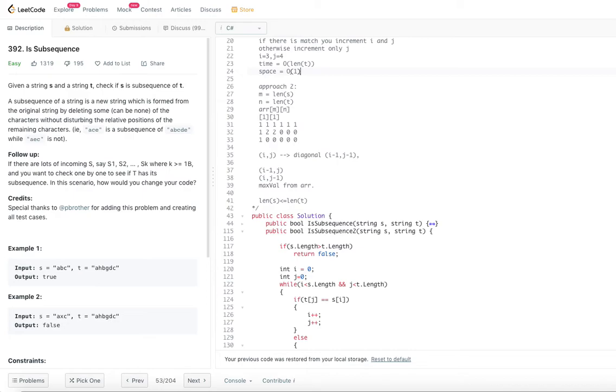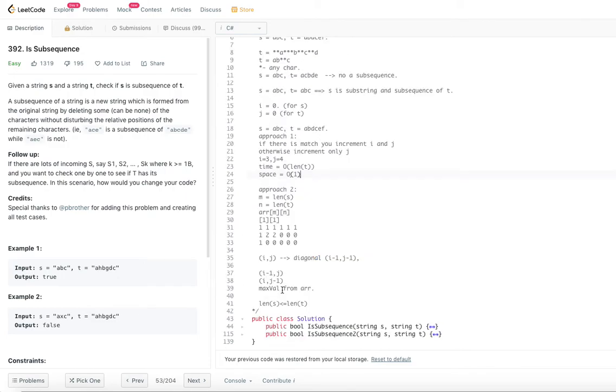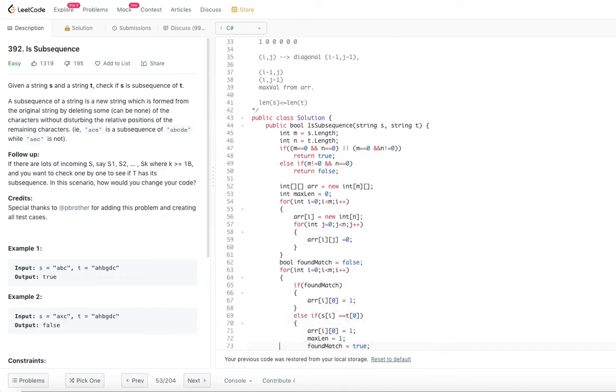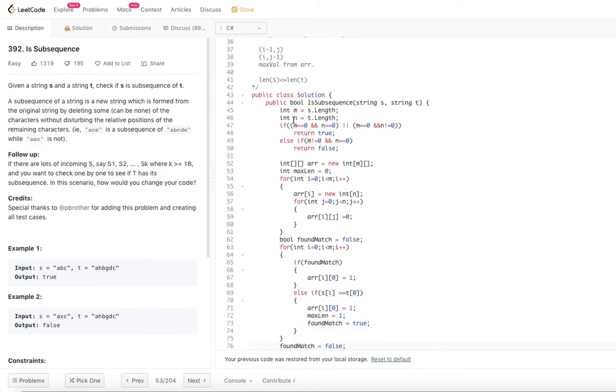Let us go to approach 2. This will be much more involved since it includes dynamic programming. Here we got the length of s into m and the length of t into n.